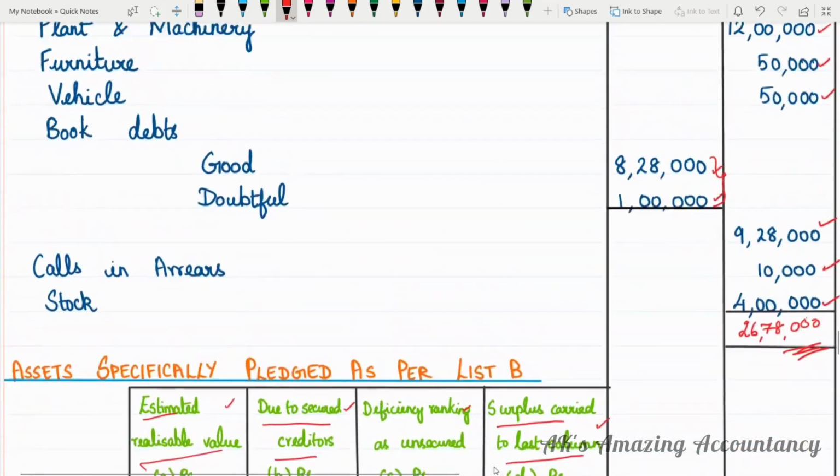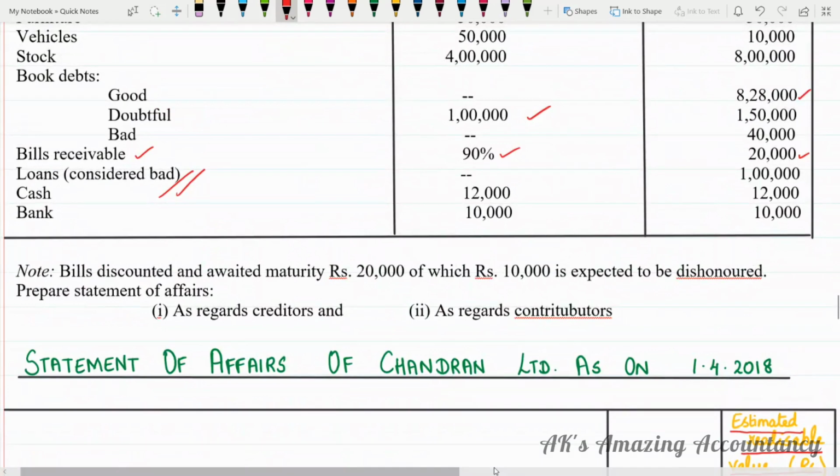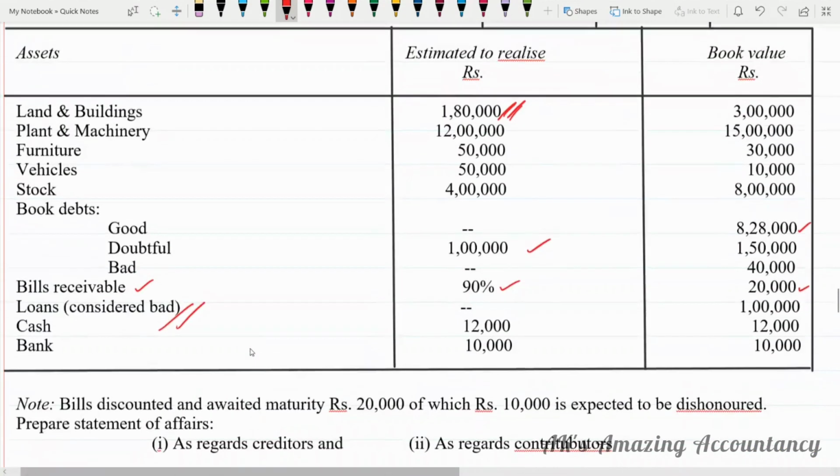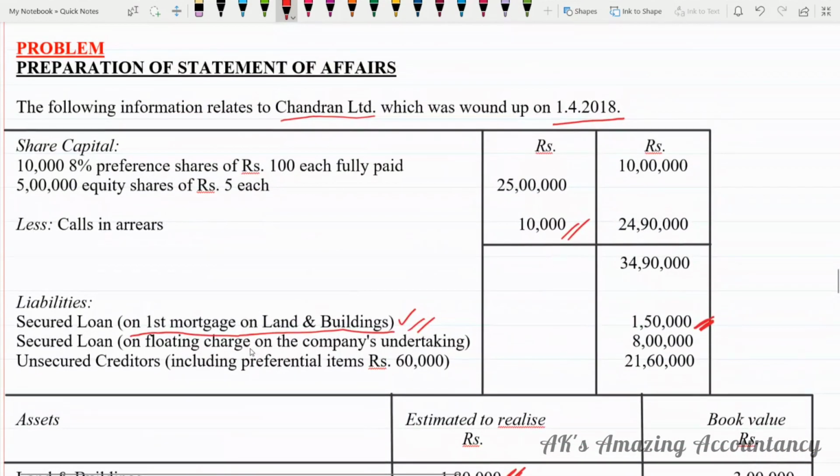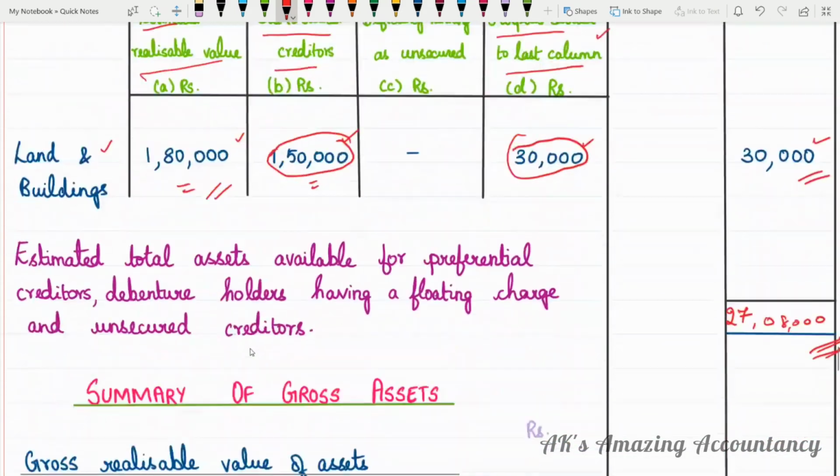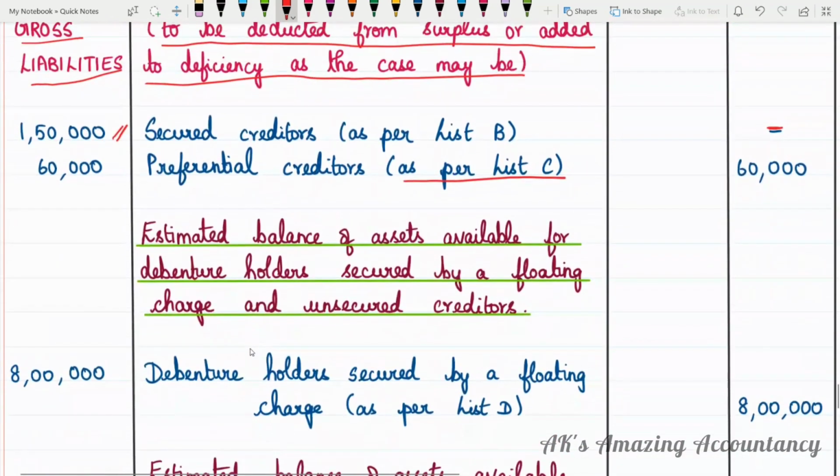In the problem you are given unsecured creditors, including preferential items of 60,000. So this 60,000 is preferential creditors. So that has to be entered as preferential creditors, list C. Now you'll be entering it once in this column, which shows the payment, and again in the gross liabilities column,